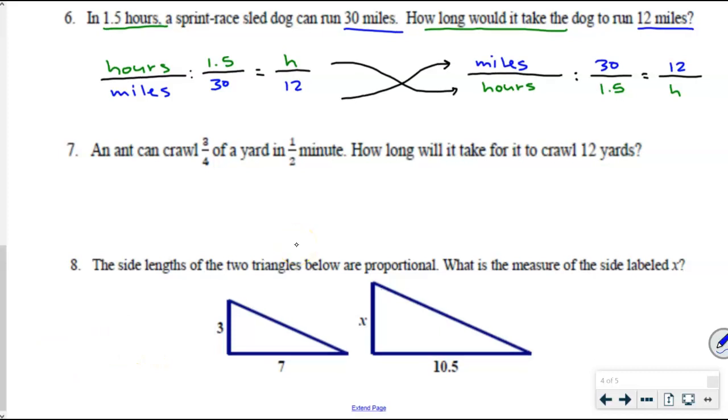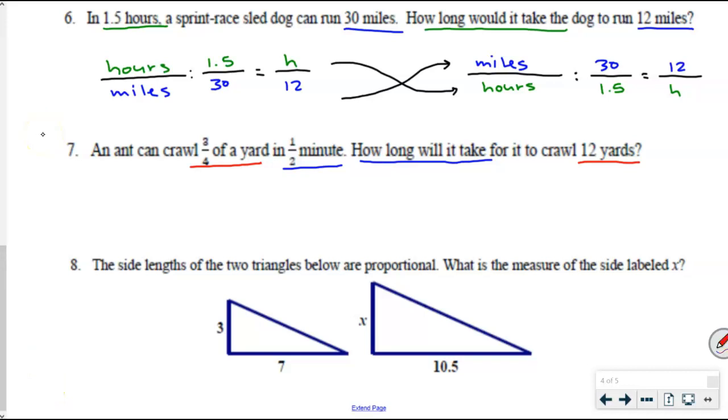Okay, and the next one. An ant can crawl 3/4 of a yard in half of a minute. How long will it take for it to crawl 12 yards? So again, yards I did in red, so yards I'm going to do in red. The time was half of a minute. The time is the question that we're asking, and that's the part that I don't know, so I'm going to do that in blue. So as I'm setting this up, I'm not going to make the same mistake as last